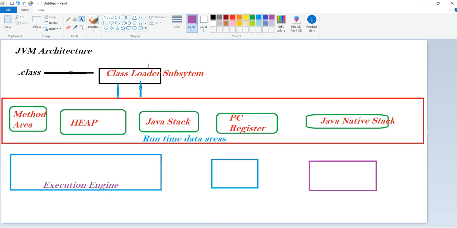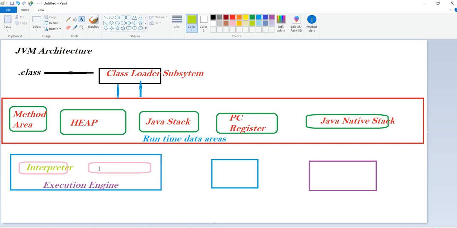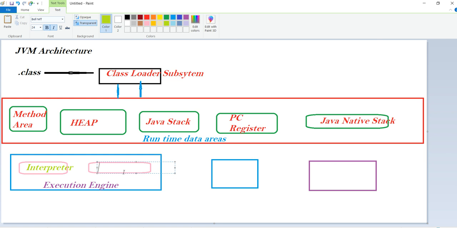On top of this we again have two kinds of components: first the interpreter, and second the JIT compiler, the just in time compiler.